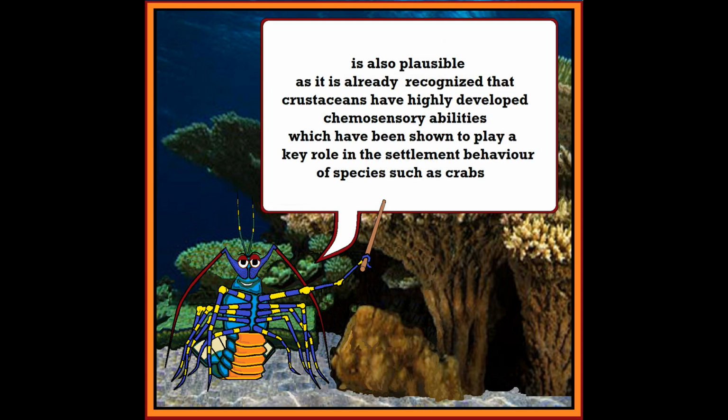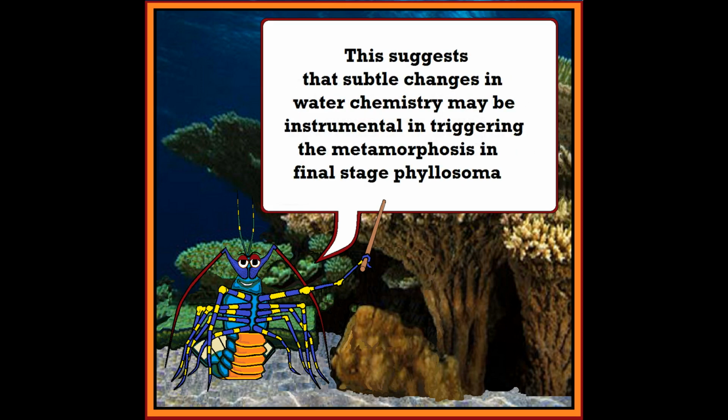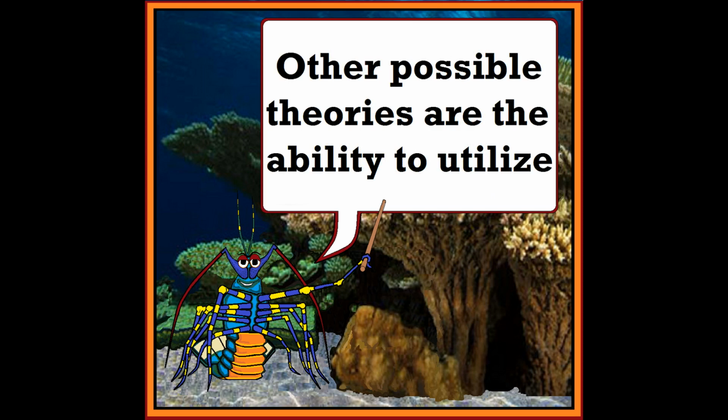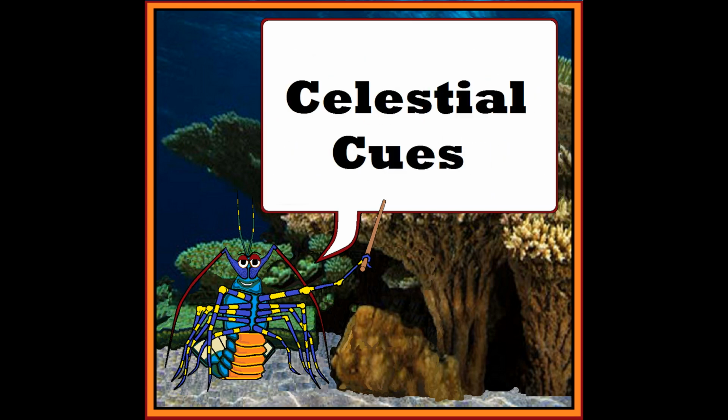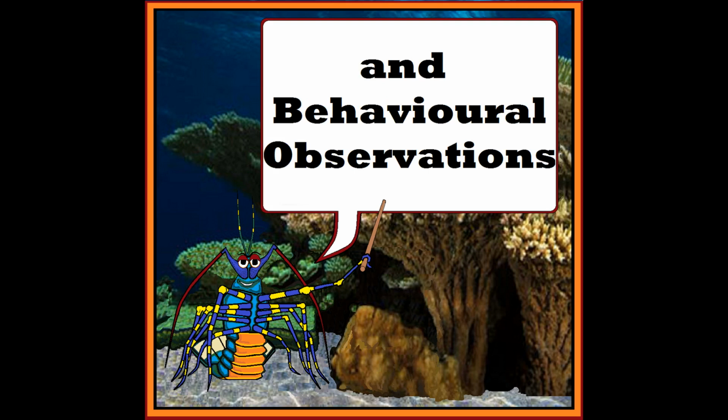Water chemistry is also plausible, as it is already recognized that crustaceans have highly developed chemosensory abilities, which have been shown to play a key role in the settlement behavior of species such as crabs. This suggests that subtle changes in water chemistry may be instrumental in triggering the metamorphosis in the final stage phyllosoma, and perhaps a scent, which is secreted in the urine of settled lobster populations, provides some guide to subsequent inshore movement. Other possible theories are the ability to utilize magnetic fields, celestial cues, electrosense, hydrodynamic cues, and behavioral observation, and